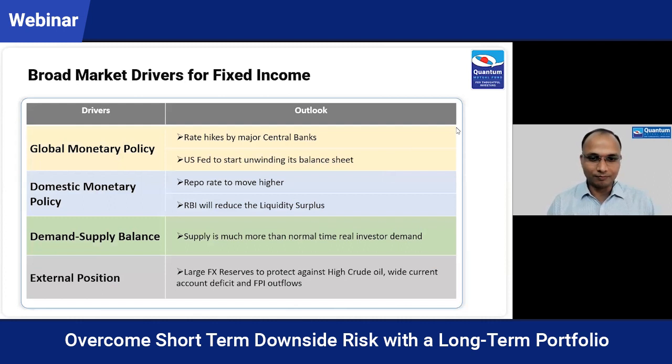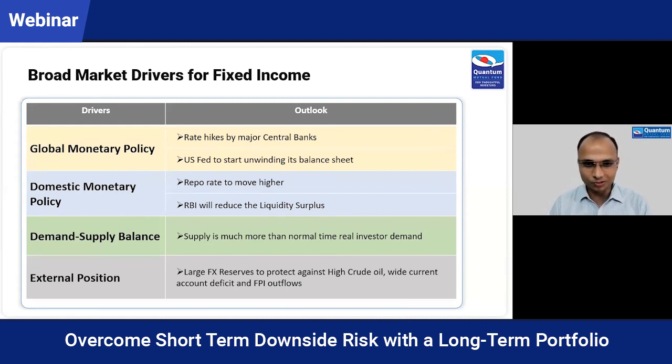So we had a big rate cutting and liquidity infusion cycle after the COVID, and even before that. But now that thing is unwinding, and it's not just in India, it's globally. So we have seen US Fed talking very hawkish, talking about large rate hikes this year and next year, and also talking about balance sheet unwinding. That means they're going to withdraw liquidity. They're going to reduce the dollar liquidity, and that will have impact across the globe, across all asset classes.